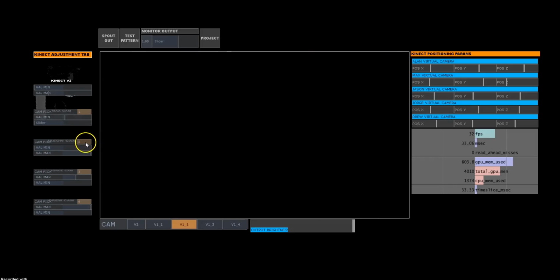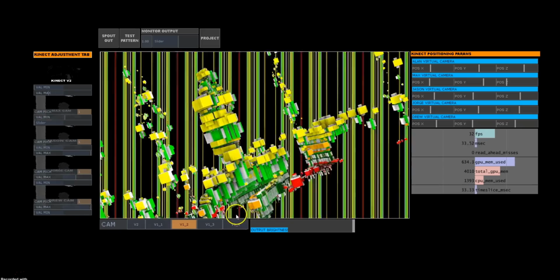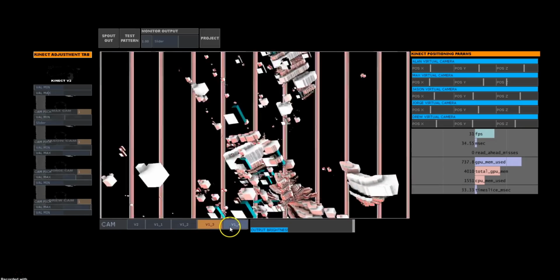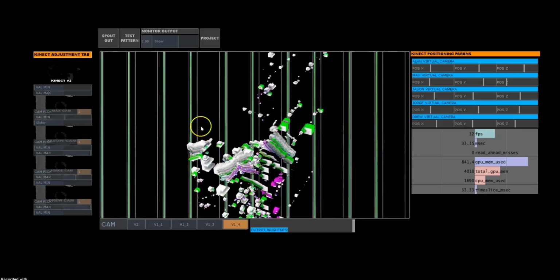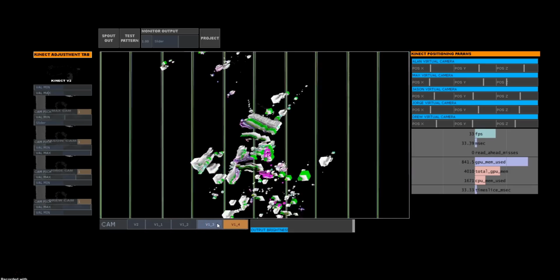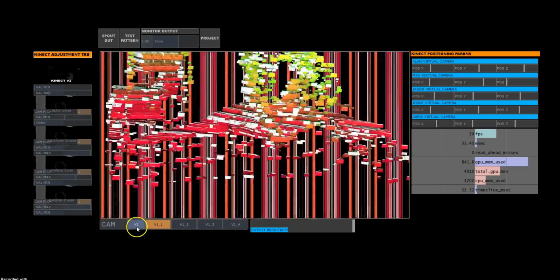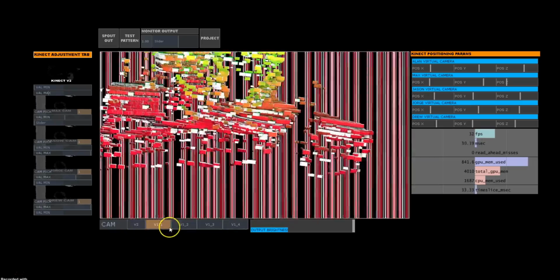Right now I don't have the second Kinect, so I'm going to put it back to 1, and you're going to see the point cloud here. Pressing each of these triggers a TOX file that reloads within your network and displays different animations. Each one has a different style for you to play with.